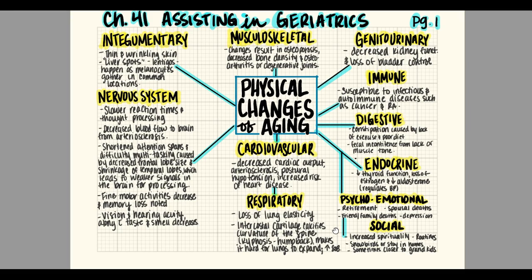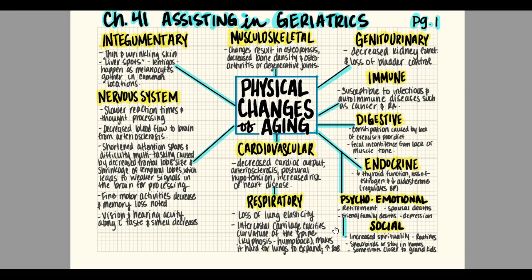In the genitourinary system, symptoms include a decreased kidney function and loss of bladder control. In the immune system, the geriatric population is susceptible to infectious and autoimmune diseases such as cancer and rheumatoid arthritis. In the digestive system, they will see increased constipation caused by a lack of exercise and poor diet. Also sometimes fecal incontinence from a lack of muscle tone,